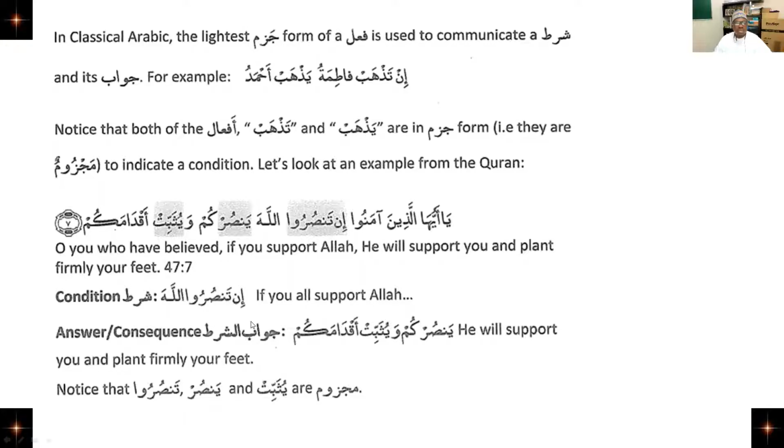Then the jawab, that is the answer to the shart, is yansurkum. He, Allah, huwa. Yansur, huwa, kum, antum. He will also help or support you. Wa? And then you submit akdamakum. Anytime you see wa doing the work of